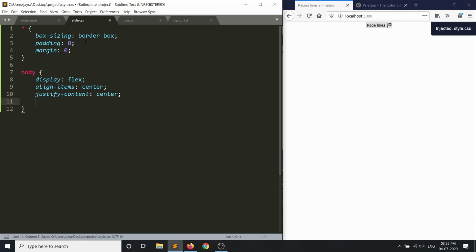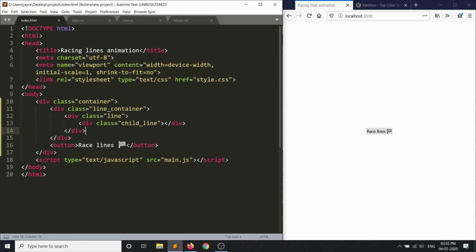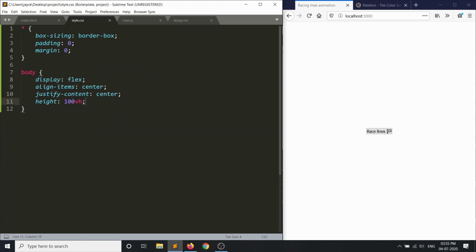And let's give it a height of 100 viewport height. That styles our body, and we have only one div tag inside body, and it will be centered because we have done display flex, align items center, justify content center. So all the children of the body will be centered.